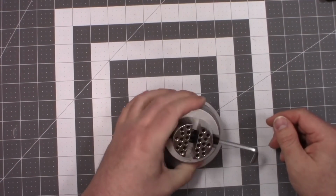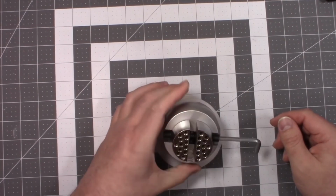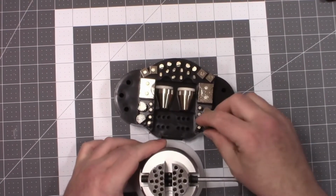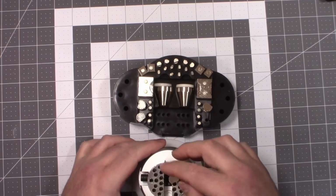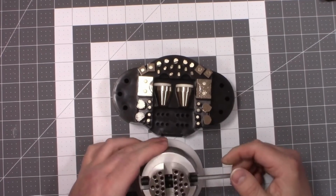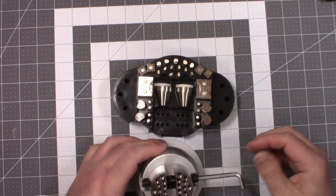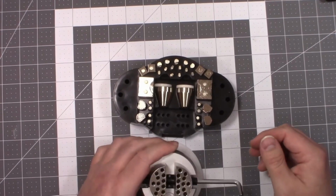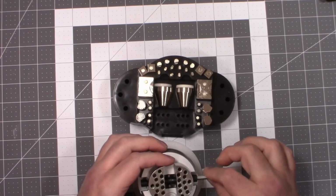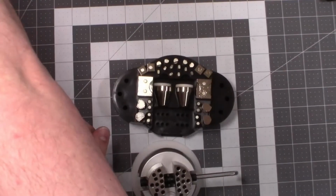Sits on this base. You can rotate it. This would be nice for holding like a turret or a barrel or anything like that. And it comes with all these little different pins and pegs that can go in here, so you can grip odd shaped things and be able to work on them. I believe it's designed for engraving rings and jewelry, but it's heavy duty, it's heavy quality. I plan on using this for like gun turrets for ships and turrets for barrels,